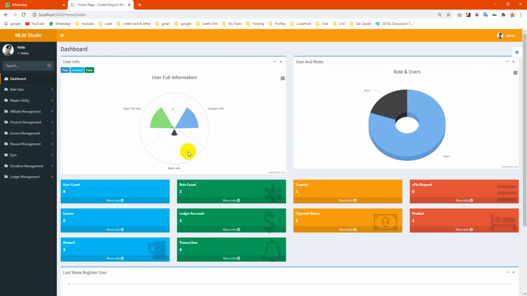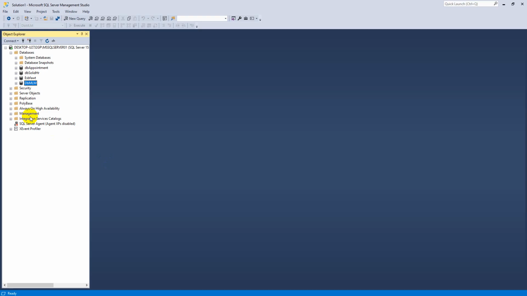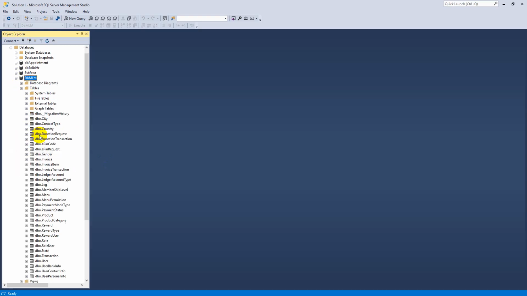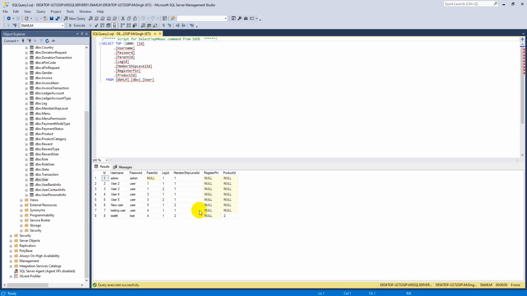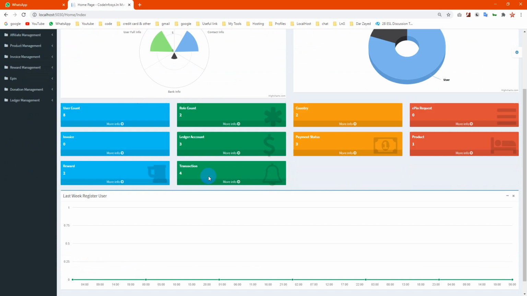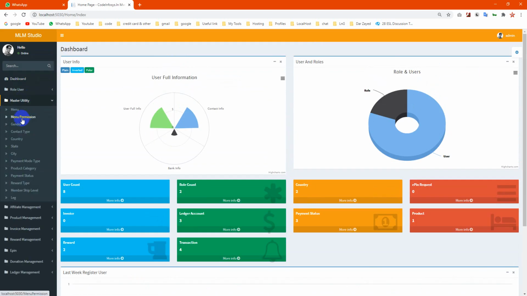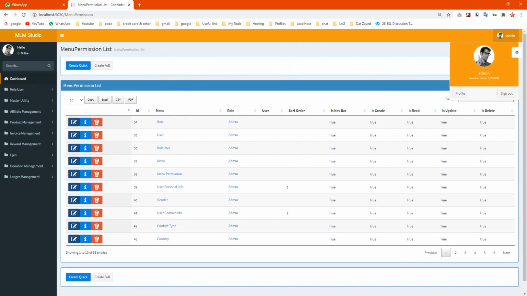Any username and password you can check in your database tables. The database has multiple tables, and all the users are here. You can check the admin user, and there are many users. Now our application is running successfully. That's it. Thanks for watching.